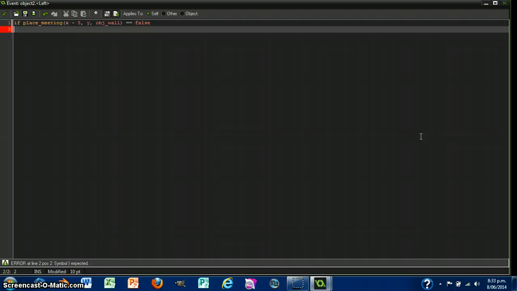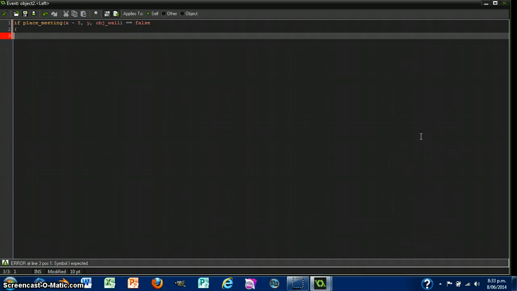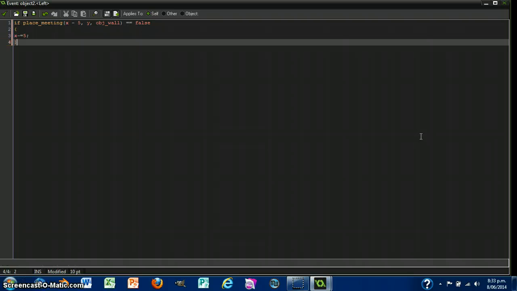And on the next line we'll just start with one of those curly brackets, and down here we'll go x minus or equal to 5 semicolon, enter, finish the curly brackets. And basically the first part of this code does the check to the left of where the bat is to see if moving that bat to the new position will make it collide with the wall. If there isn't a collision detected, the bat will move left 5